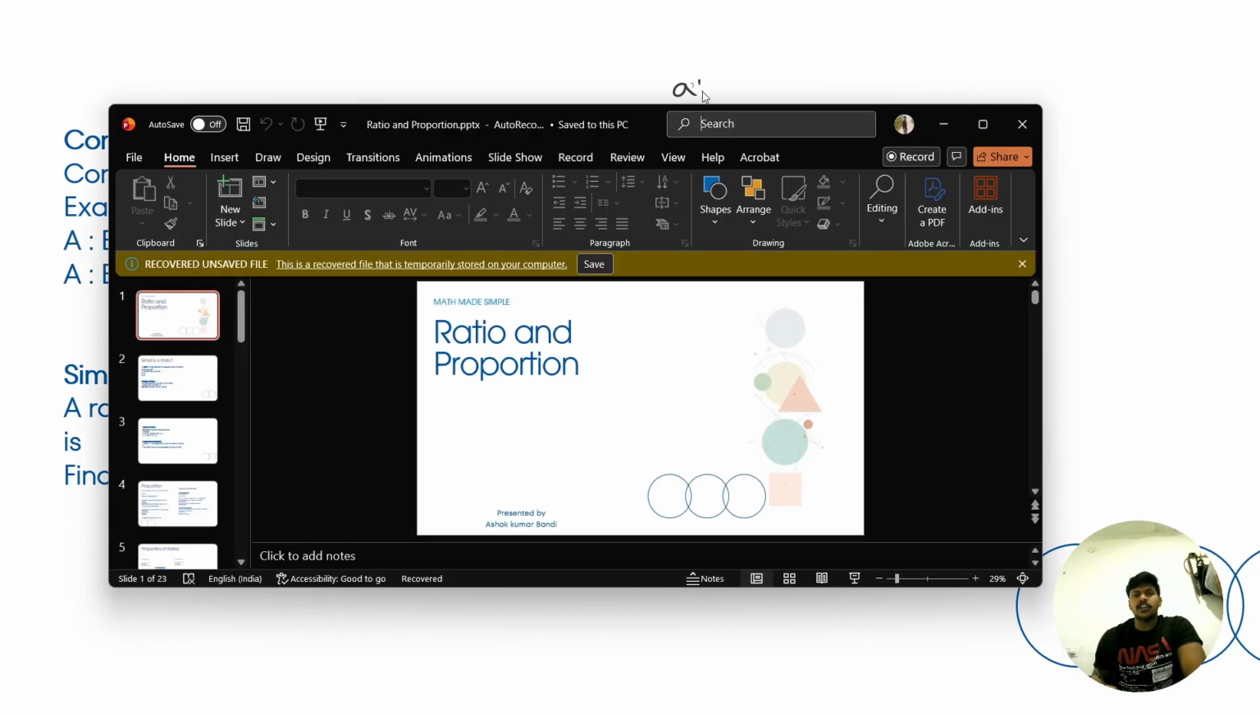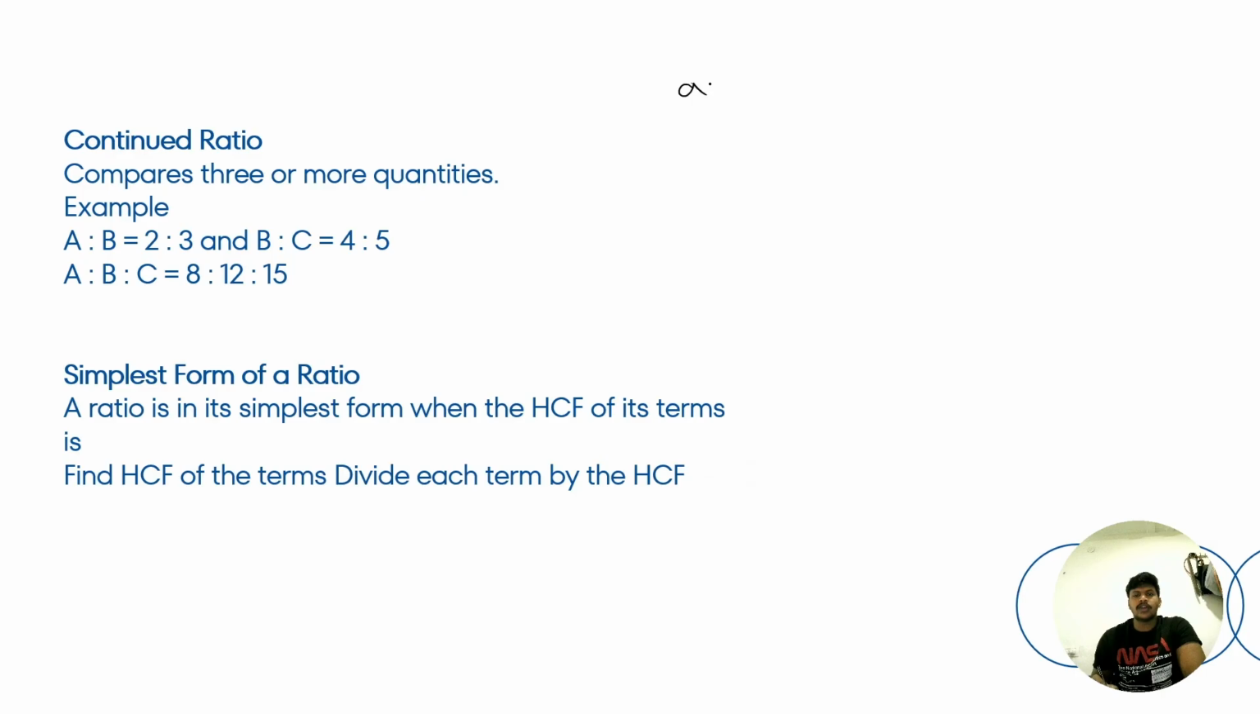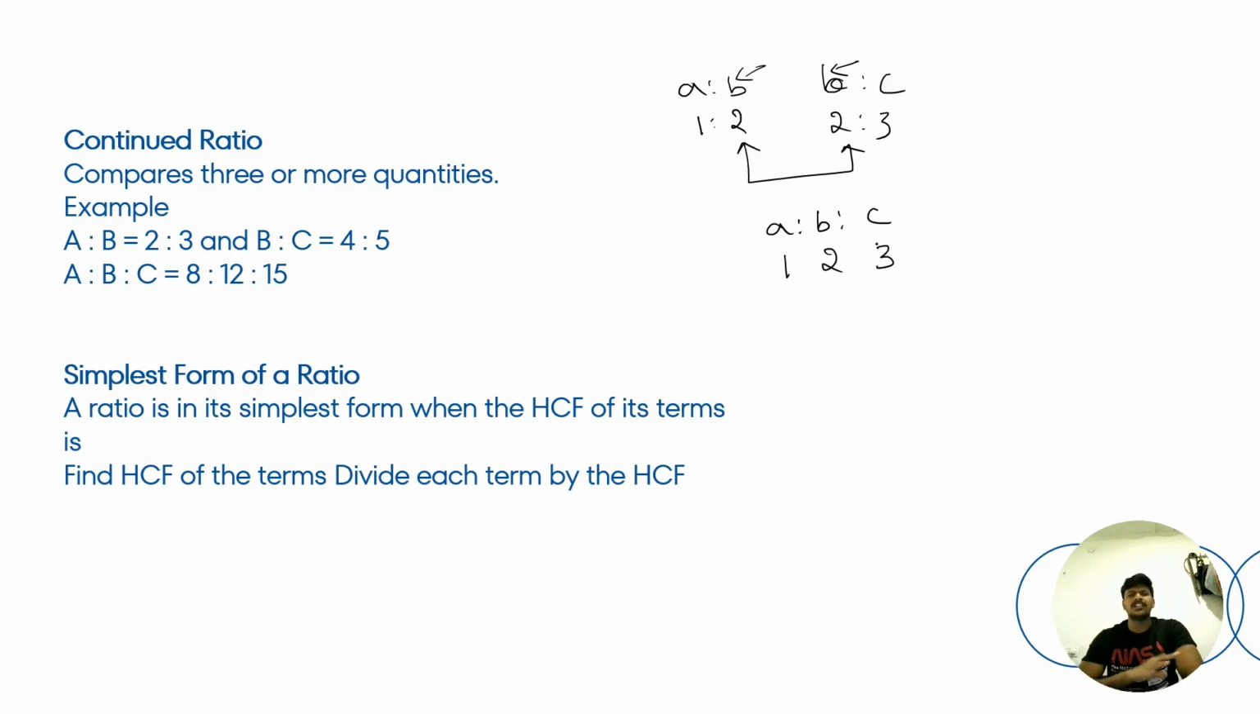Let us take A is to B as 1 is to 2, just for simplification, and B is to C as 2 is to 3. So this is the first kind of continued ratio we are going to discuss. Here, if you observe, the common variable is B. Whenever the common variable has exactly the same value, you need not do anything. You can just write them together. If you want to find A is to B is to C, you can directly write 1 is to 2 is to 3. That is as simple as that. But make sure you have the same value in place of the common variable. Second one,